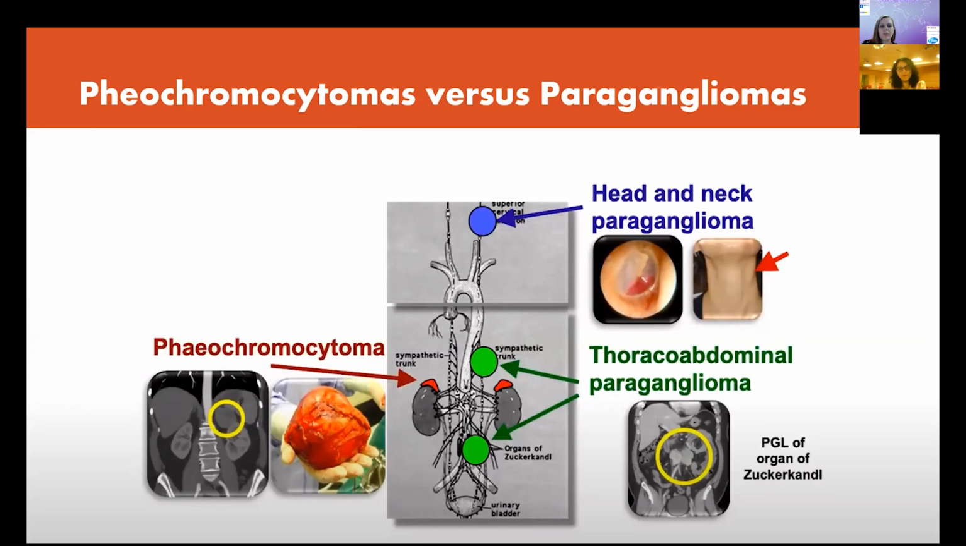And you see here an example of head and neck paraganglioma. The first picture you see is,